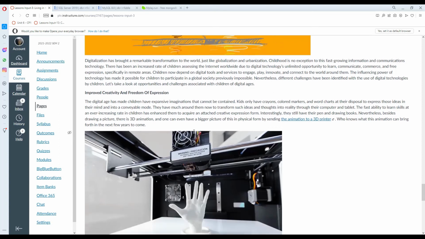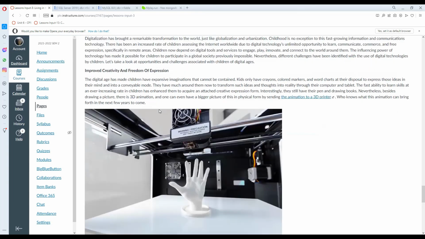So, among those uses are the following: improved creativity and freedom of expression. The digital age has made children have expansive imaginations that cannot be contained. Kids only had crayons, markers, and word charts at their disposal to express those ideas in their mind into a conveyable mode. They have much around them now to transform such ideas and thoughts into reality through their computer